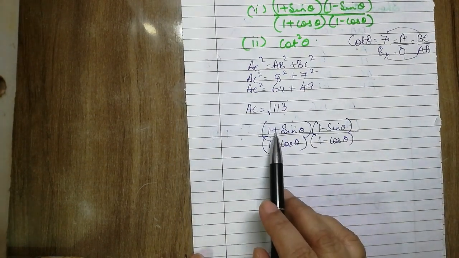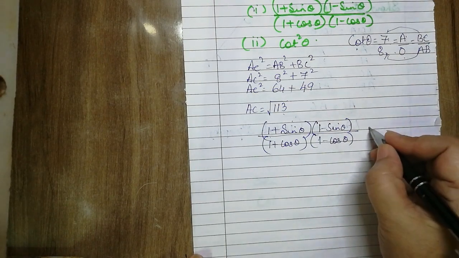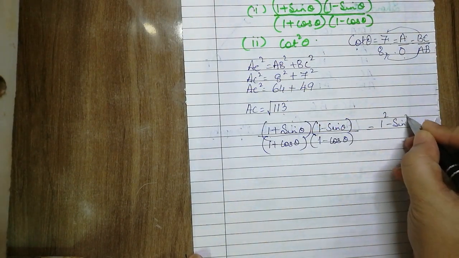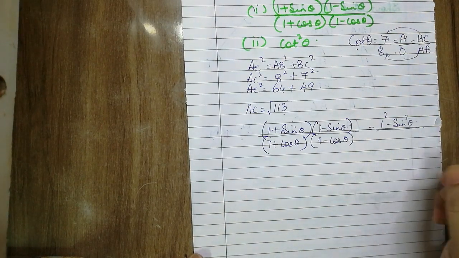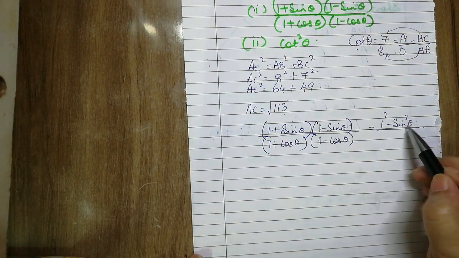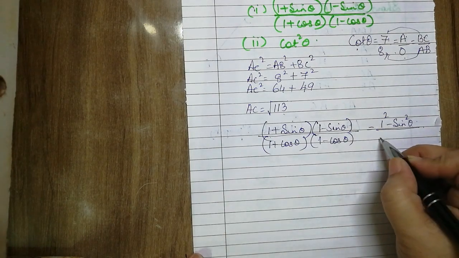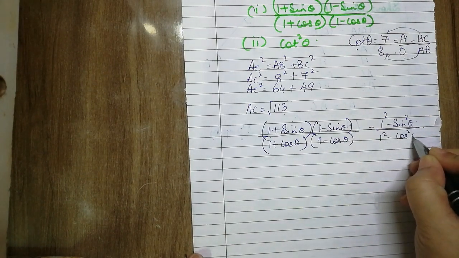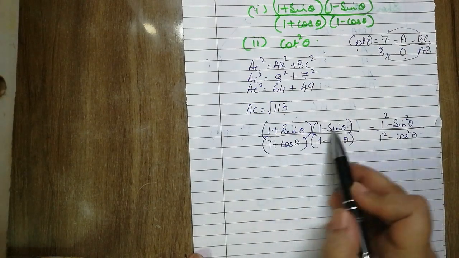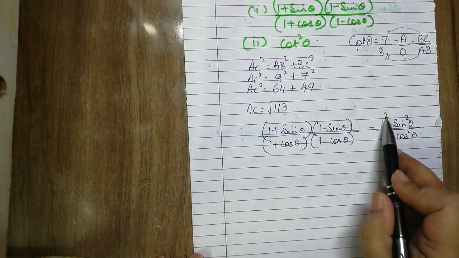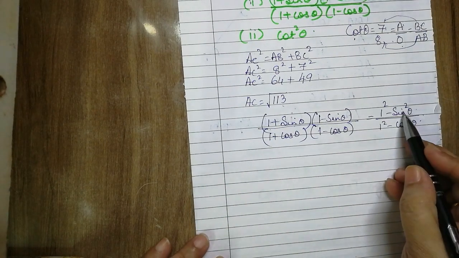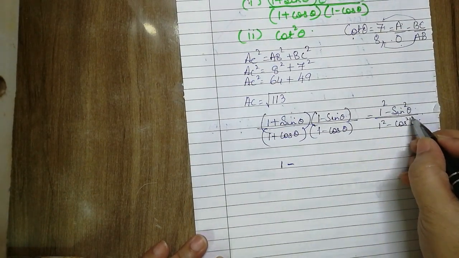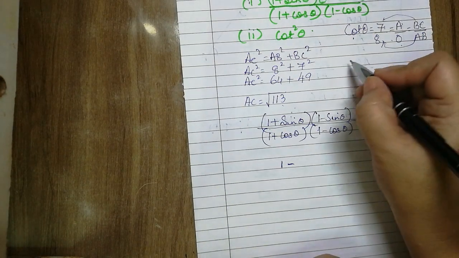So now here you can see A plus B, A minus B. This will be of the form A square minus B square. Then remember the square is on the ratio, not for the angle. Then same in the denominator, 1 square minus cos square. What did we use? A plus B, A minus B equal to A square minus B square. So this will bring it here. 1 square is 1. Sin theta. We have to find out the value of sin theta.